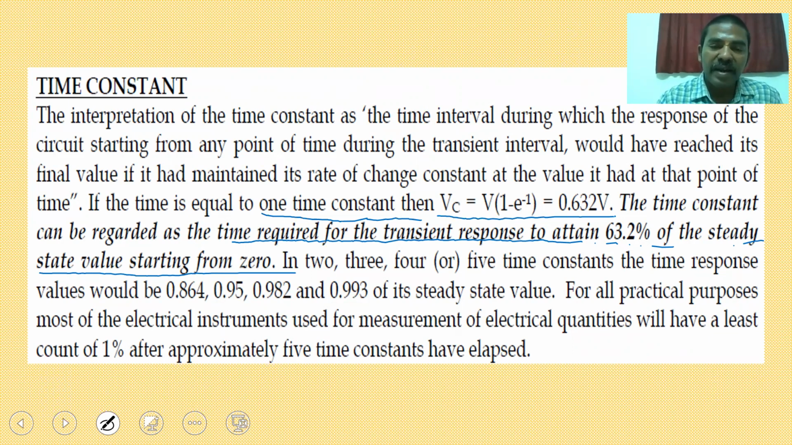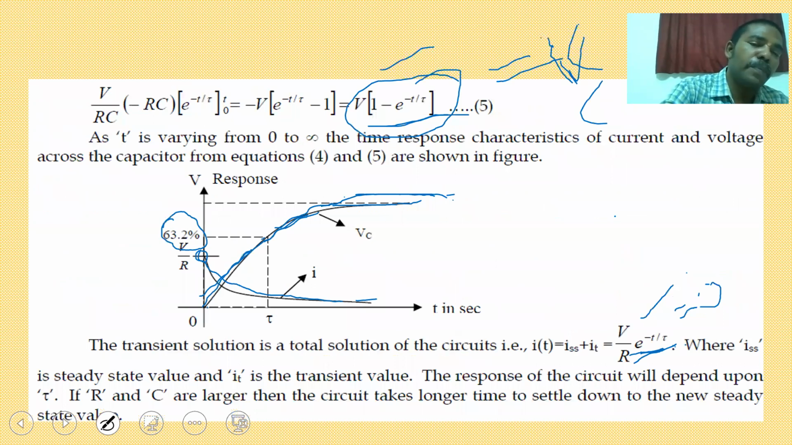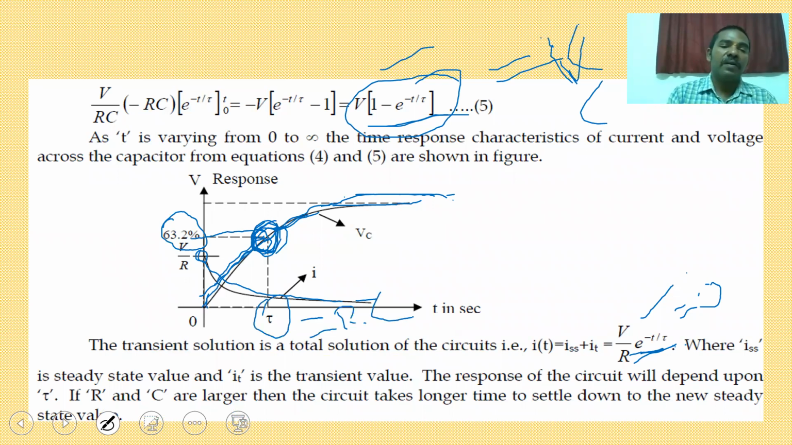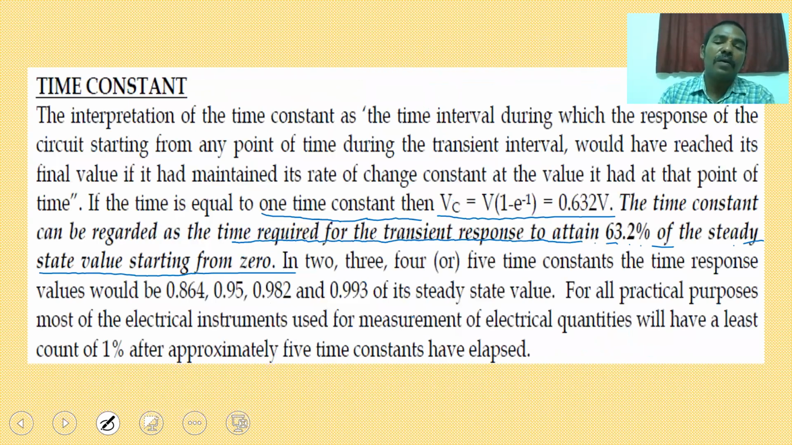So at a value of 63.2%, this is your time constant. The time taken from starting at 0 to this value is your time constant value tau. So how much is this value? R into C for an RC circuit. Do you understand? So similarly, if you want to go for